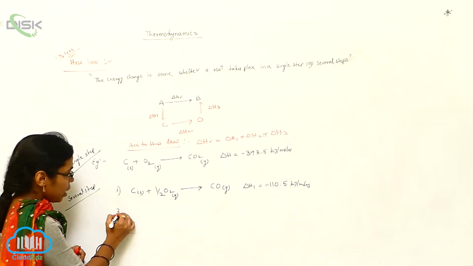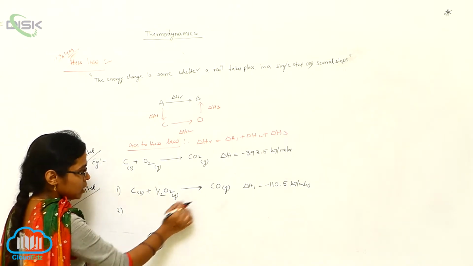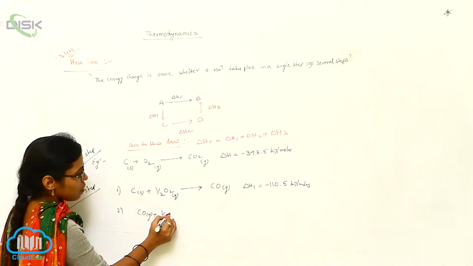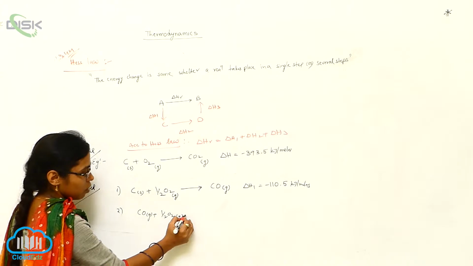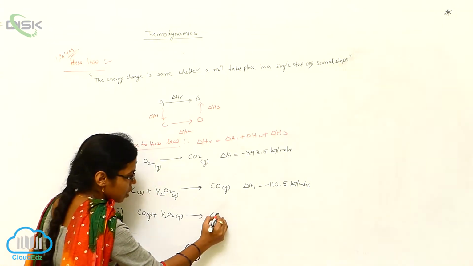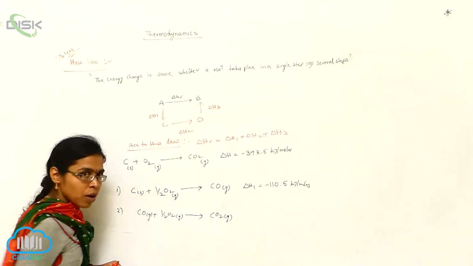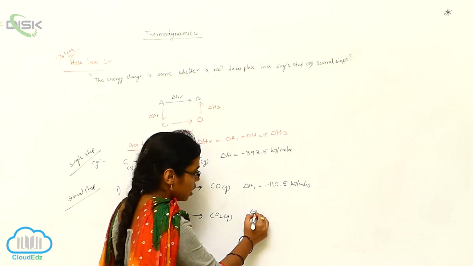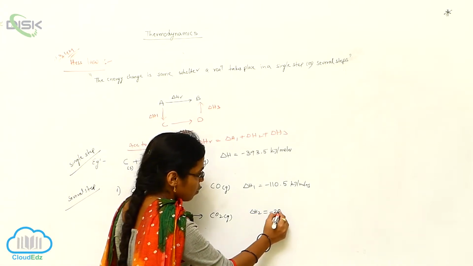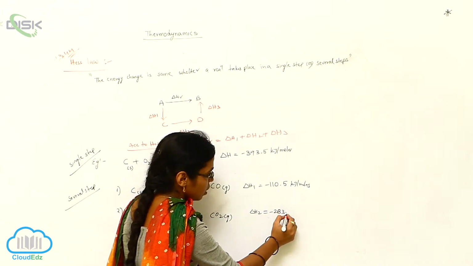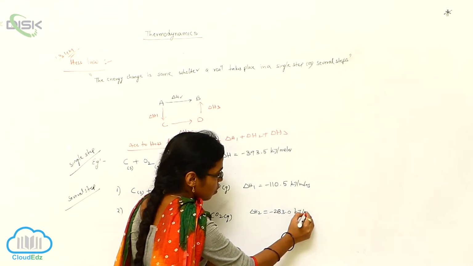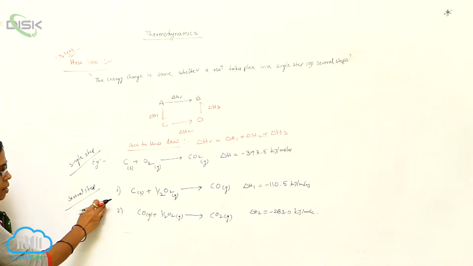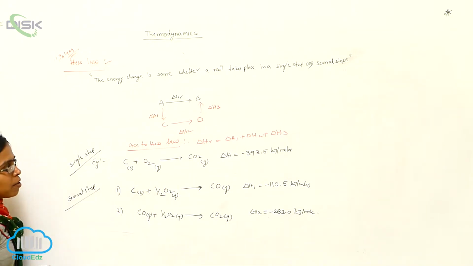Okay, now I am taking the second step. In the second step, carbon monoxide in the gaseous state reacts with half a mole of oxygen and forms carbon dioxide. So for this one, delta H2 is nearly minus 283.0 kilojoules per mole. Okay, so it is the several step mechanism, and the single step mechanism according to